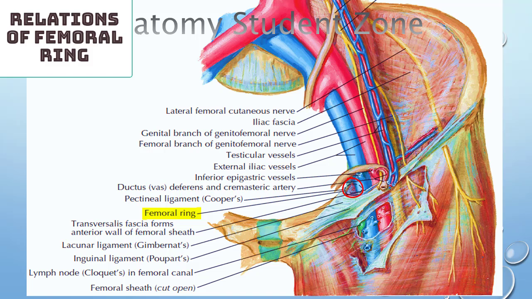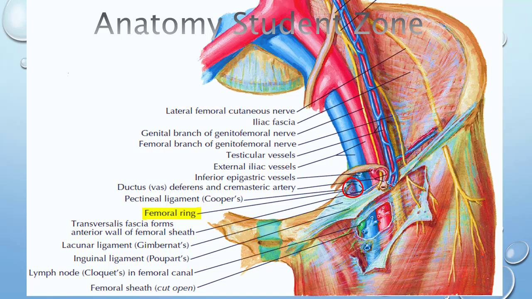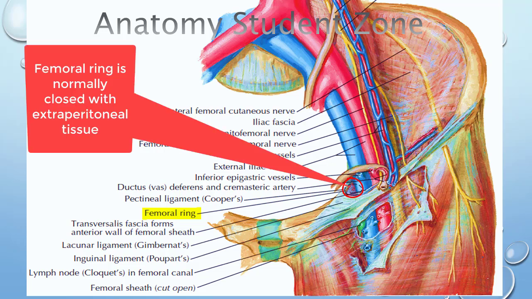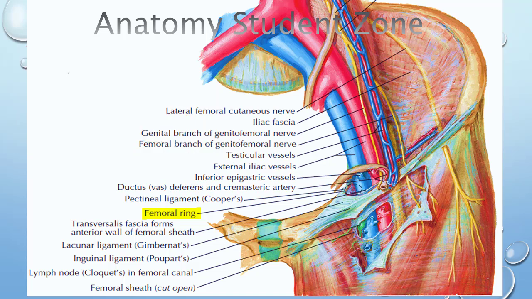This is normally closed, and the reason for the closure of the femoral ring is the femoral septum. If it's asked in the exam, the femoral septum is just a condensation of extraperitoneal tissue, and it plugs the opening of the femoral ring and closes it. That's why, when we list the contents of the femoral canal, we also mention that it contains fatty connective tissue. Besides, we know its contents are the lymphatic vessels. Because it is covered by that extraperitoneal tissue, it is also a content.